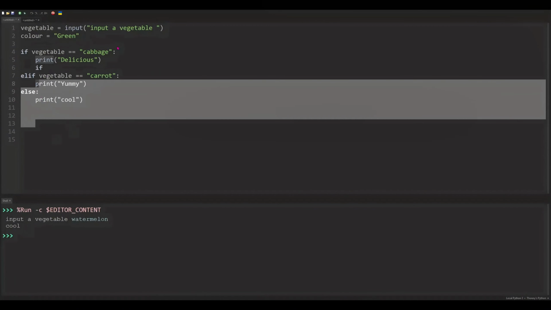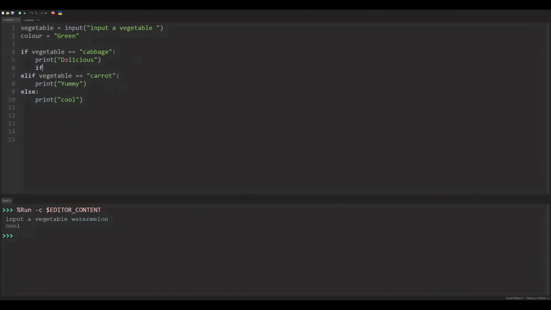That's just how it is, and you're gonna have to get used to it, but there's that. Okay, so nesting. Nesting, how it works is that if we want to add a condition inside the condition. So here we're going to have cabbage into our vegetable, and if we do if color, I'm going to do it the British way, if color equals, again double equals just because we're comparing, we're not assigning a value, we're going to do if color equals green,